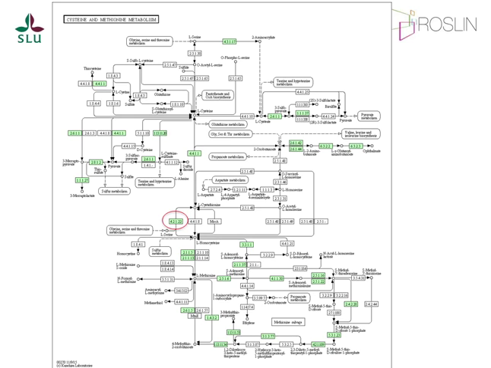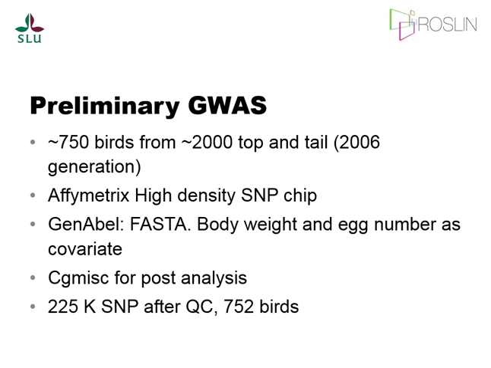In the meantime, our next step was, okay, we found this one effect on chromosome 1, and we drilled in on it, and we have a strong candidate. So what else is there? So we went back to this population that we sampled in 2006, and we genotyped that with the Affymetrix high-density SNP chip. Initially, we submitted 900 birds again for genotyping.